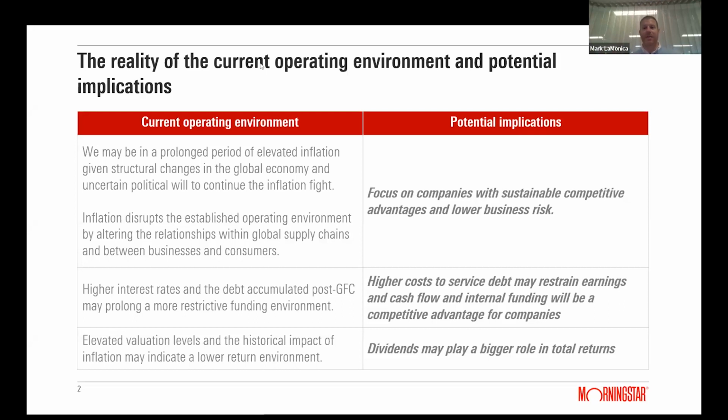So there are some indications that we could be in a lower return environment going forward because of the impact of inflation and because valuation levels are not cheap. So I think Michael's question, inflation worth differentiating explaining. Hopefully I just explained that. But I think there are two different pieces that can give us doubts about returns.